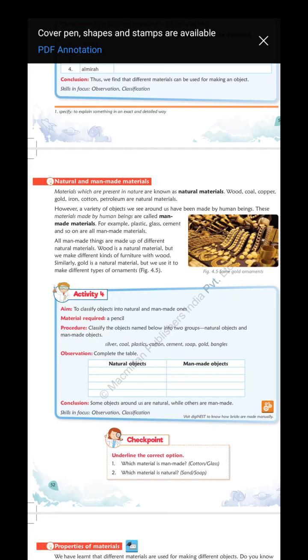Steel we are not getting naturally. Brass, bronze, these all are man-made only. Naturally we are not getting brass. Brass is not natural for us. We are mixing two things. If we mix, we get brass and bronze. Those are not natural. Copper is natural. So in that manner some materials are man-made and some are natural. And steel is made by mixing carbon and iron. So in that manner we can get brass and bronze also by mixing two types of materials from nature.